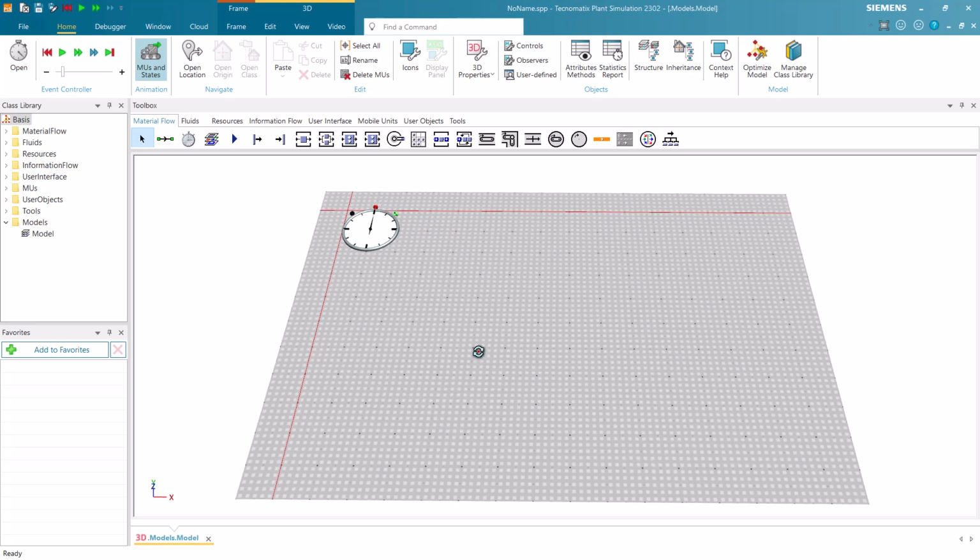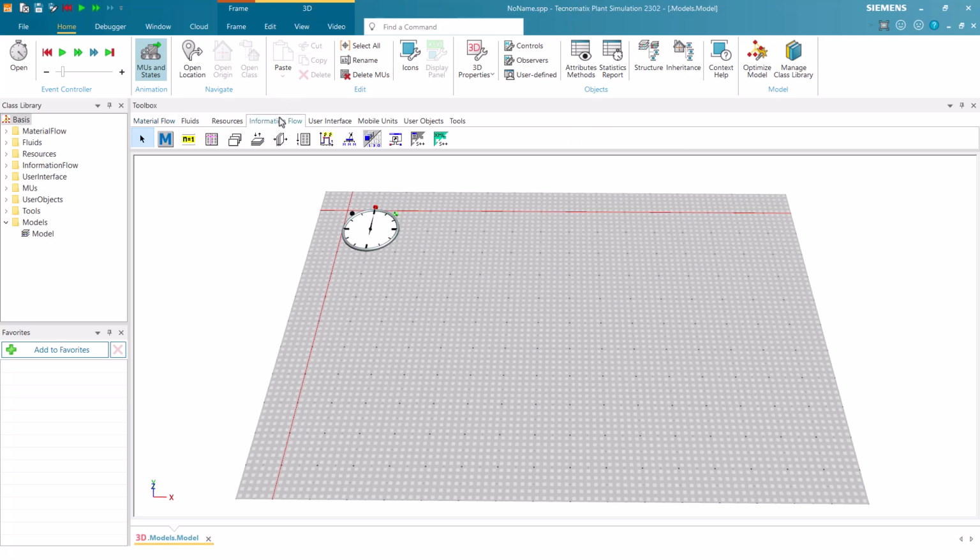Plant simulation offers a wide range of functionalities organized into ribbons located above. To access individual ribbons, hover the mouse over the ribbon and click the left mouse button once. Every object provides the Home, Debugger, Window and Cloud ribbons. The remaining ribbons are context ribbons, which adjust depending on the object you open. Plant simulation adds these ribbon tabs when you open the window of the respective object.